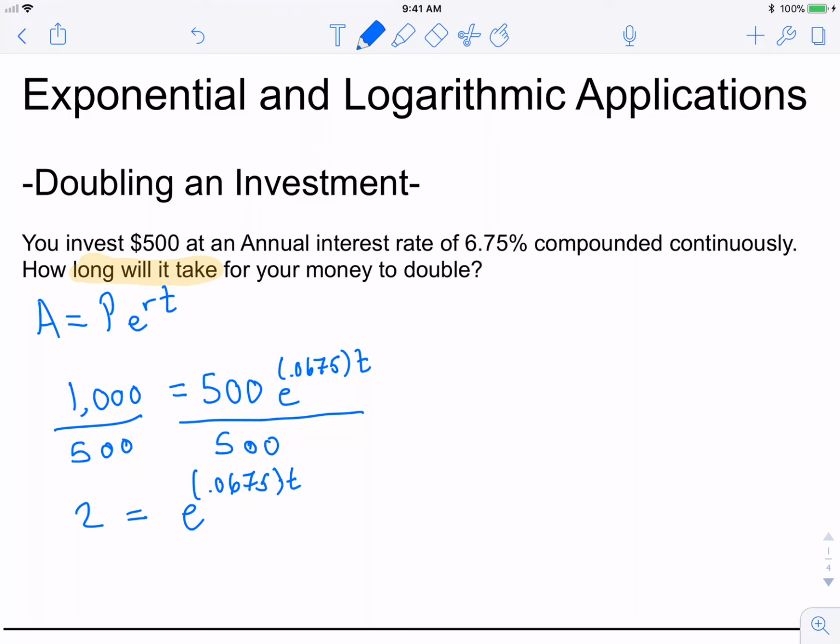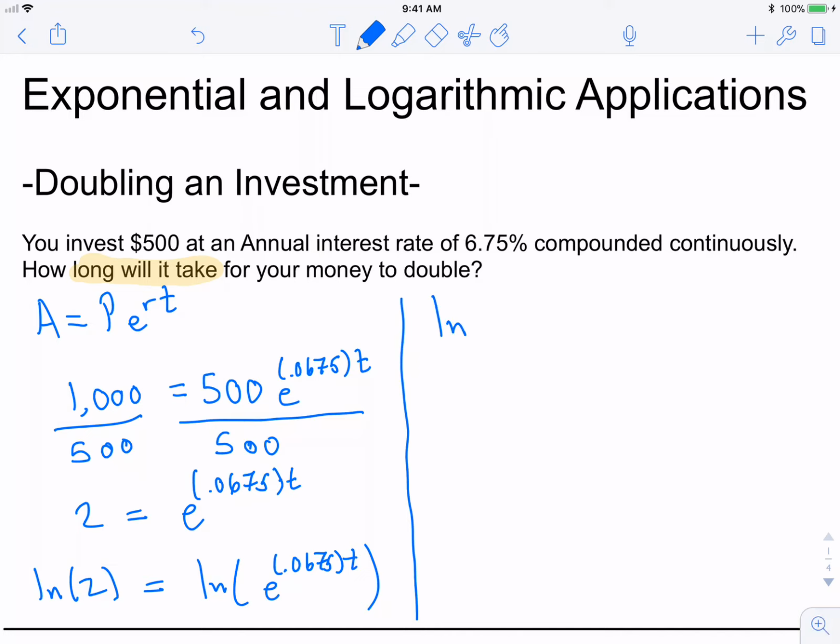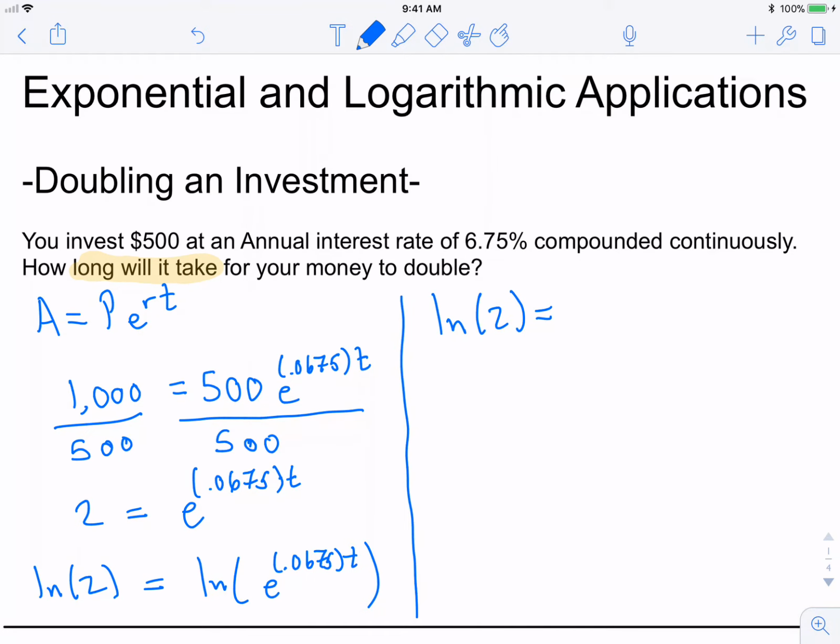Now to cancel out our exponential on one side, we take the natural log of both. So we get the natural log of 2 is equal to the natural log of e to the power 0.0675t. And the right-hand side cancels out. So we're left with the natural log of 2 is equal to 0.0675 times t. And finally, we solve for t by dividing the natural log of 2 by this decimal 0.0675,